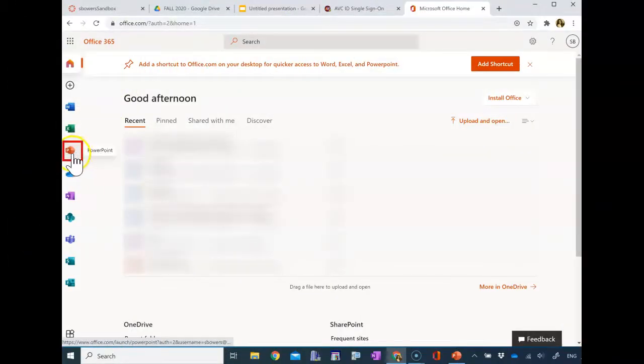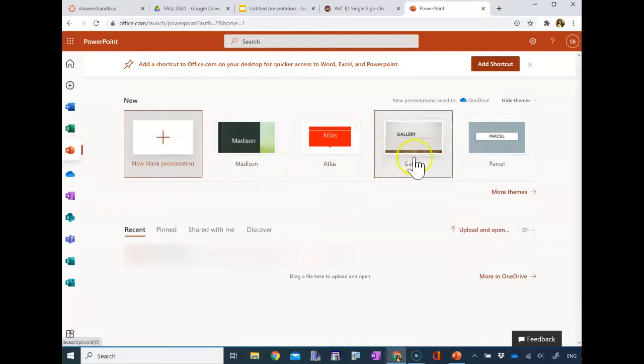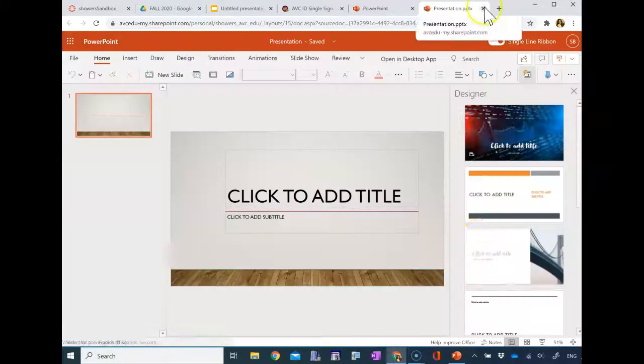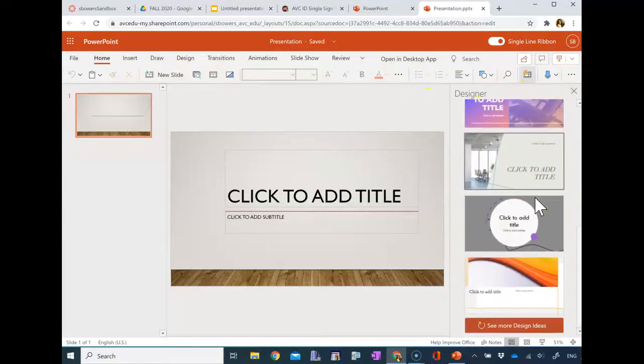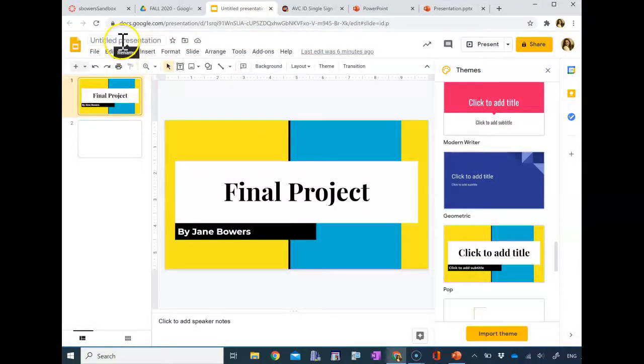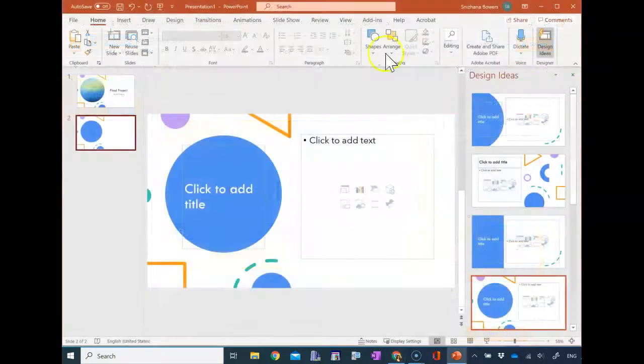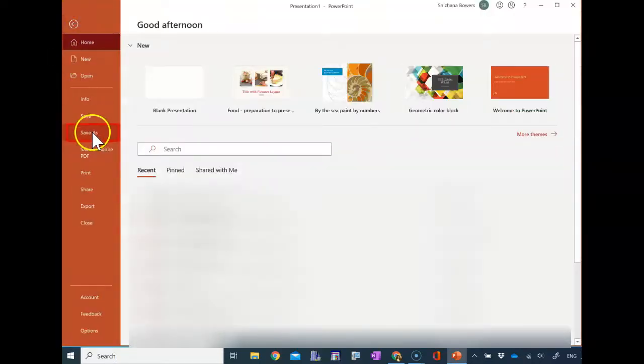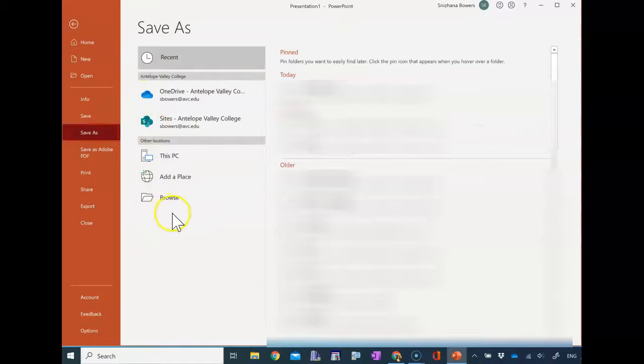And then from this page, you can click PowerPoint to create a new PowerPoint and have fun choosing the template for your PowerPoint. To change the design, go to the Design menu to open more choices for templates. When you're done, don't forget to save your PowerPoint. If you're creating a PowerPoint in Google Drive, you can rename it just by clicking on the file name and renaming it. If you're working from the Microsoft Office 365 PowerPoint app, then you can rename it by clicking File, Save As, and choosing the location where you want to save it.